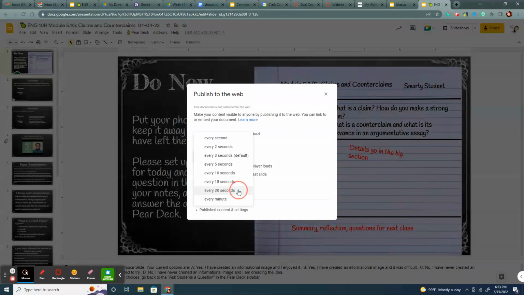So if you have audio that lasts, say, 16 seconds, and you do 15 seconds, obviously that's going to cut off a second. So you might want to do 30 seconds, etc. You can set it to however you want. You can have the slideshow start as soon as the player loads, or you can have it so that people have